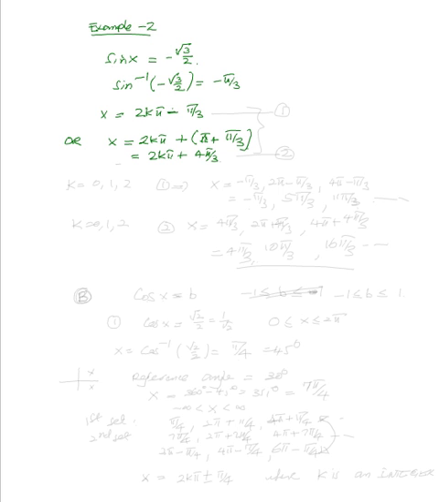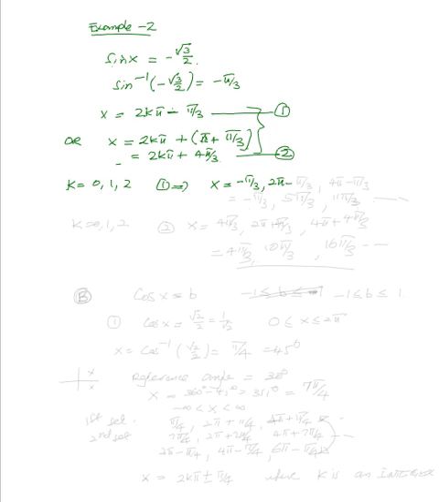Now this is the general solution. These are the two general solutions to sine of x equals negative radical 3 over 2. Now if I plug in k equals, let's say 0, 1, 2, and you can put any number that we like. In the first solution, let me call this solution 1 and this solution 2. So the first solution will tell us, if I put k is 0, I will have x equals negative pi over 3,